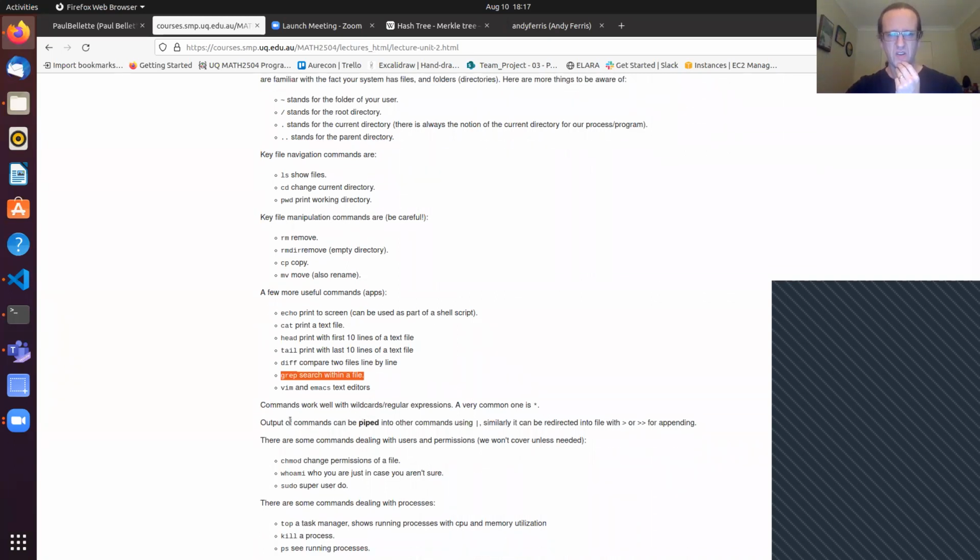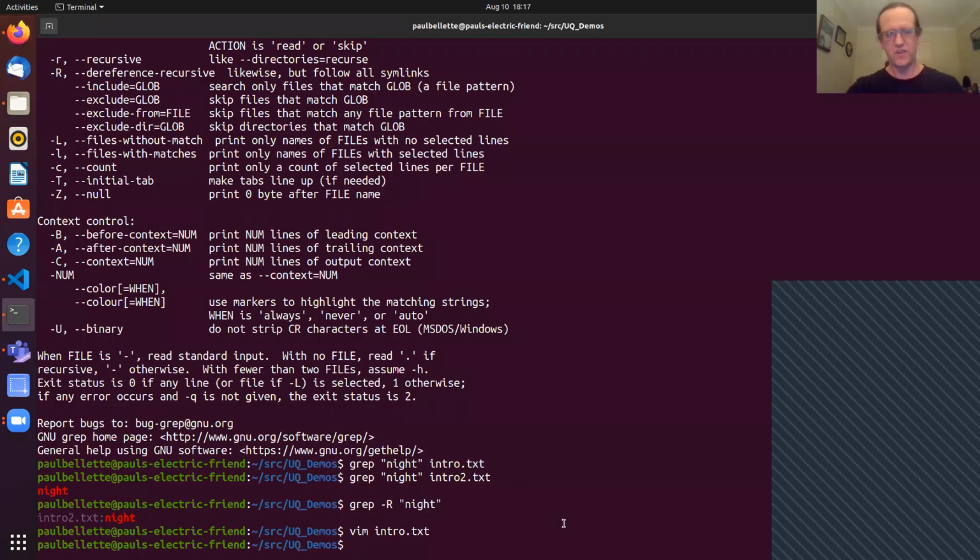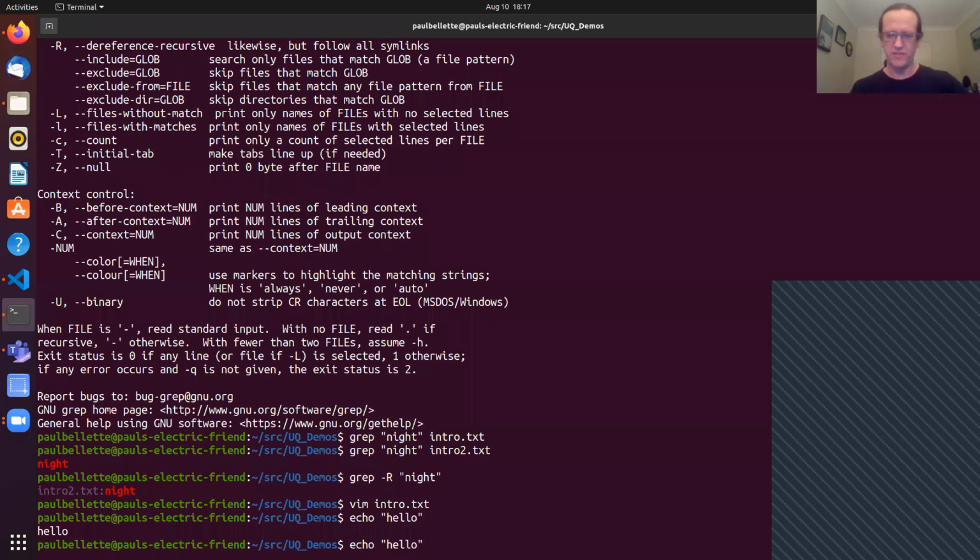Okay, so a big thing about Unix is you can chain things together. So you can pipe, this symbol here is a pipe, you can pipe the result of one thing into another thing. And you can redirect it into a file with this guy. So for example, if I go echo hello, I just get hello, but if I go into a file,